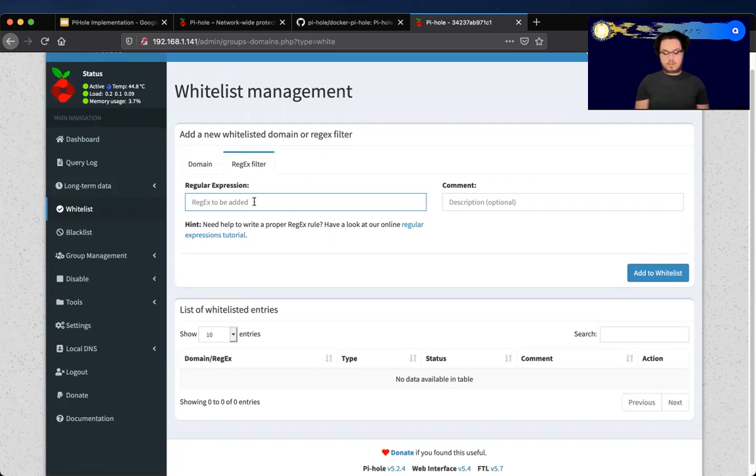So if I put, say, Google, you wouldn't want to do this because there's a lot of ads or a lot of things from Google that will prevent your browser from working normally if you regex filter Google. But regex filtering Google basically means anything with the name Google in it is going to be whitelisted in this case. If you regex filter it on the blacklist,